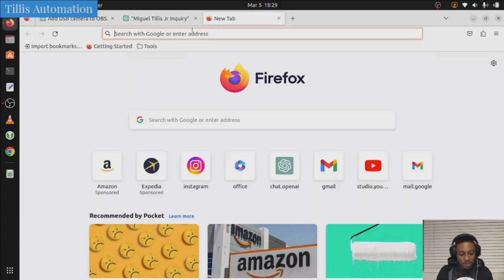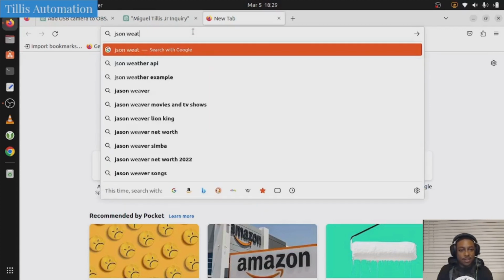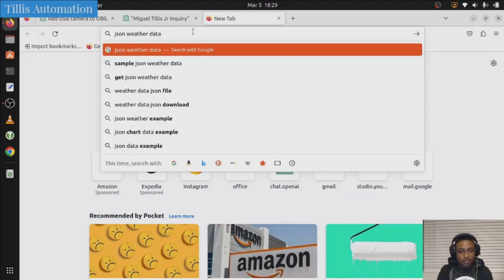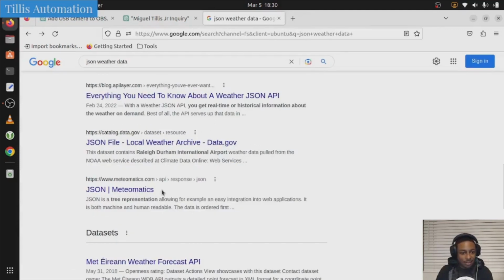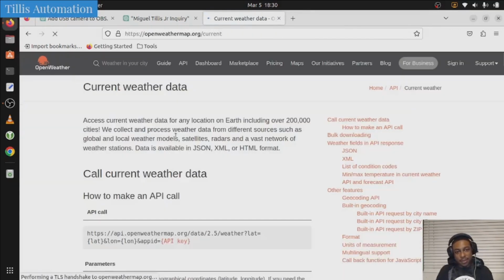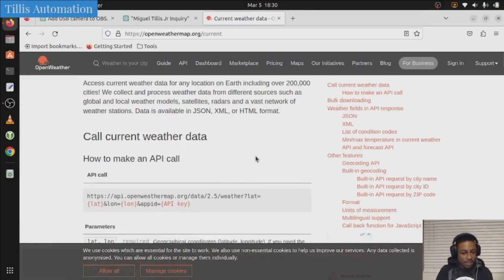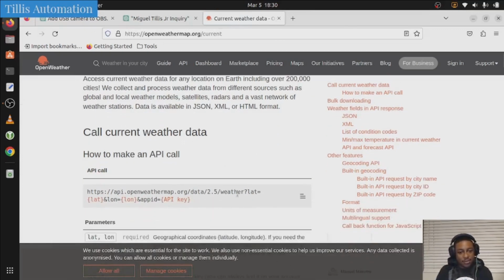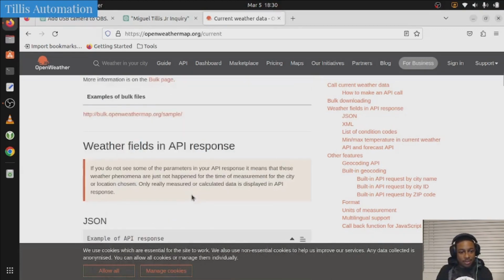So one more thing I want to show you. Let's get some weather data. So let me get some JSON weather data. Bam. So essentially what we should be able to tell ChatGPT to do is to take a look at this data and tell us what this data is, as well as some insights of the data. So let's take a look at that. If we can find the data.